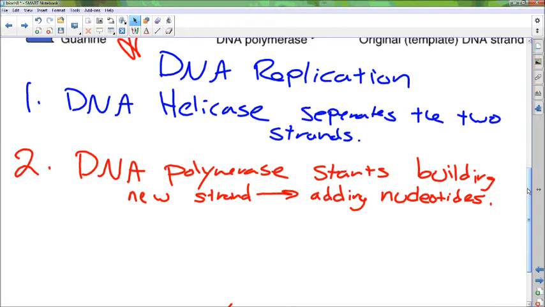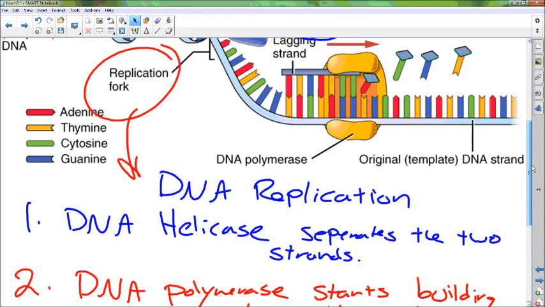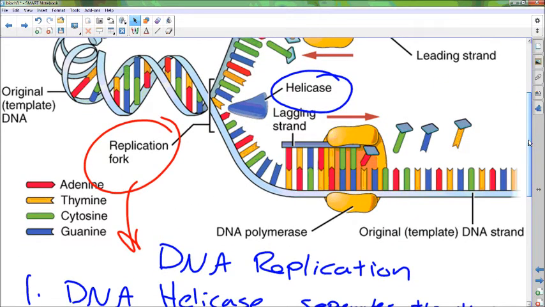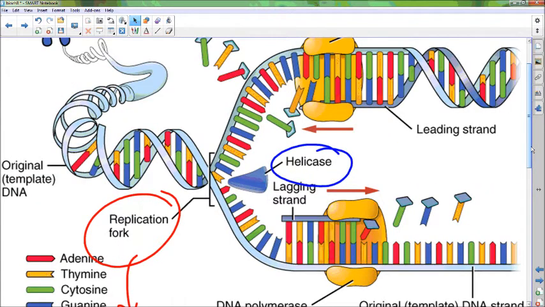So, kind of like snapping Legos in a line, this polymerase grabs a nucleotide and adds it to the chain. Moves over, grabs another one, adds it to the chain. But it has to add them correctly, because the whole point here is that A goes with T and G goes with C. So it has to grab the right one and add it on so that the chain can be built. Otherwise, they're not going to bond together correctly. But because A and G and all those things only go with each other,